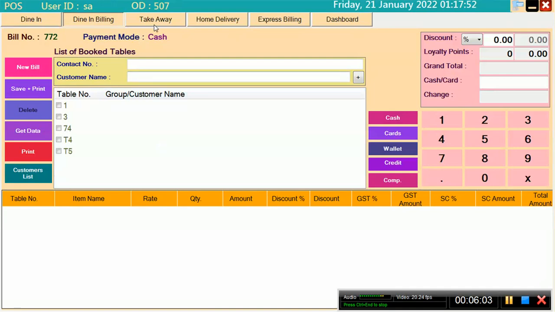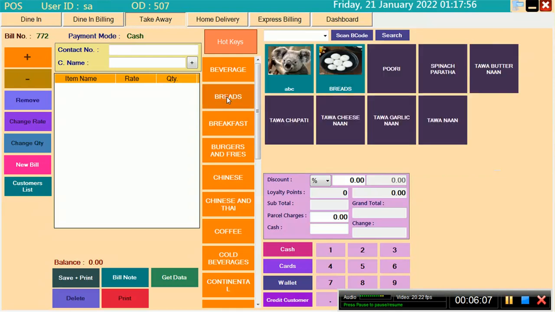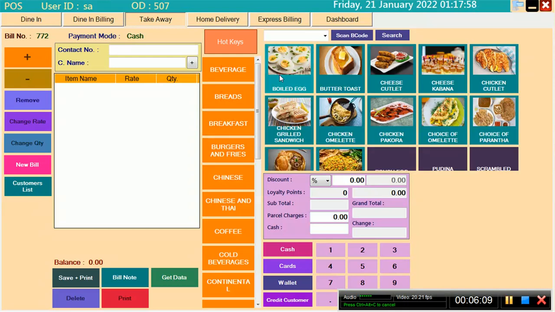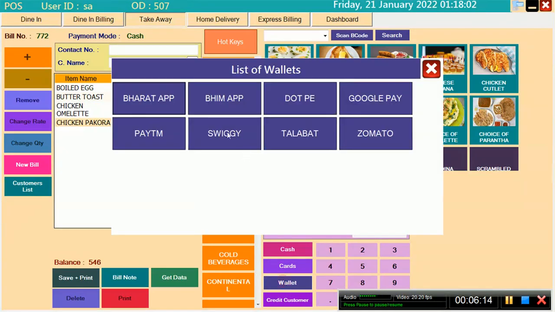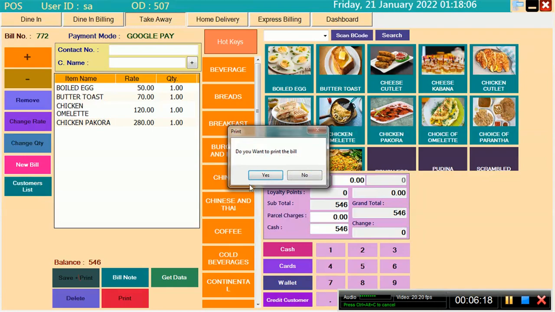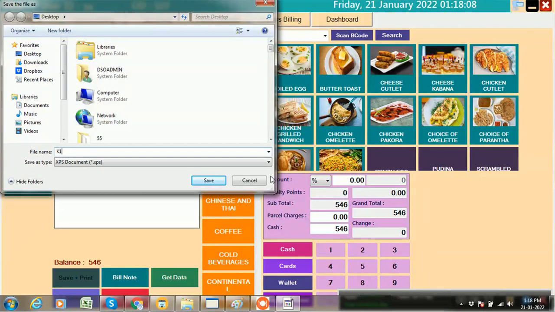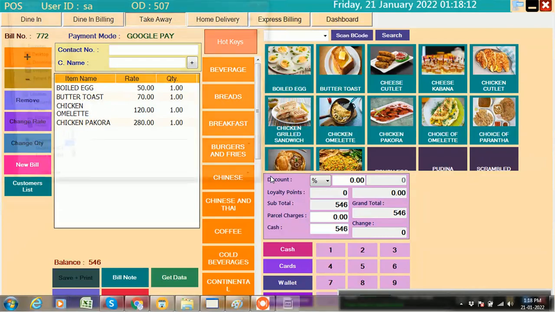Like dine-in, we also have a takeaway system. Takeaway system means self-service system. For example, a customer comes and orders and you will take the payment. How will the payment be made? Google Pay, just click simply on save plus print. QOT and invoice are printed out easily.